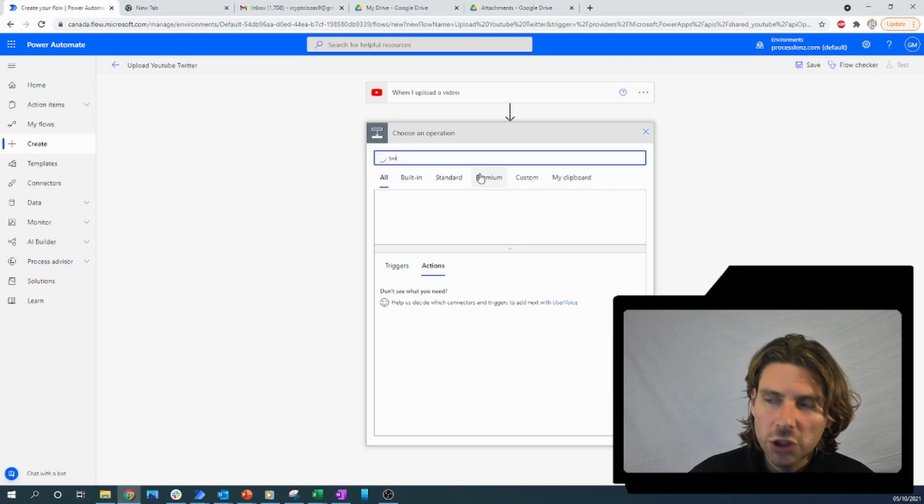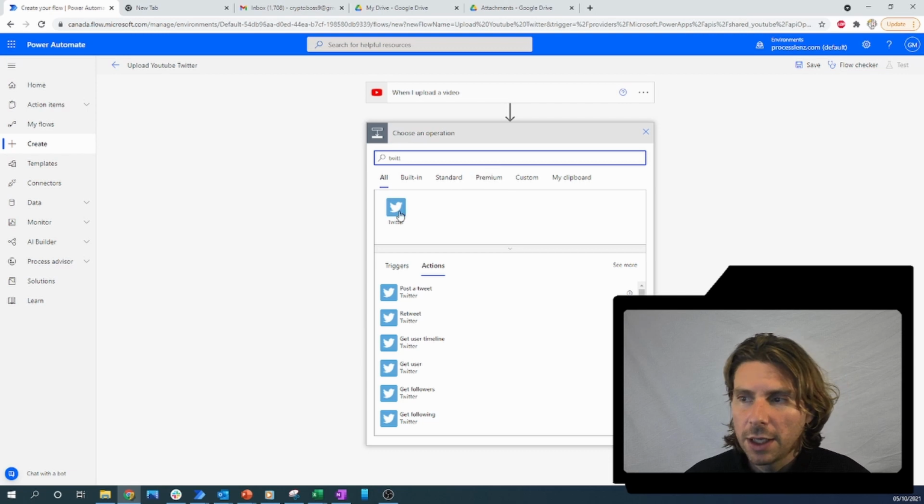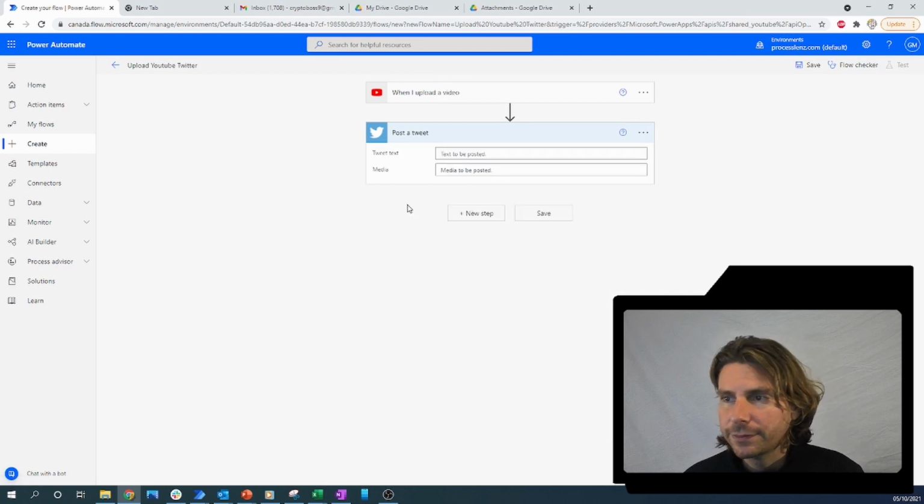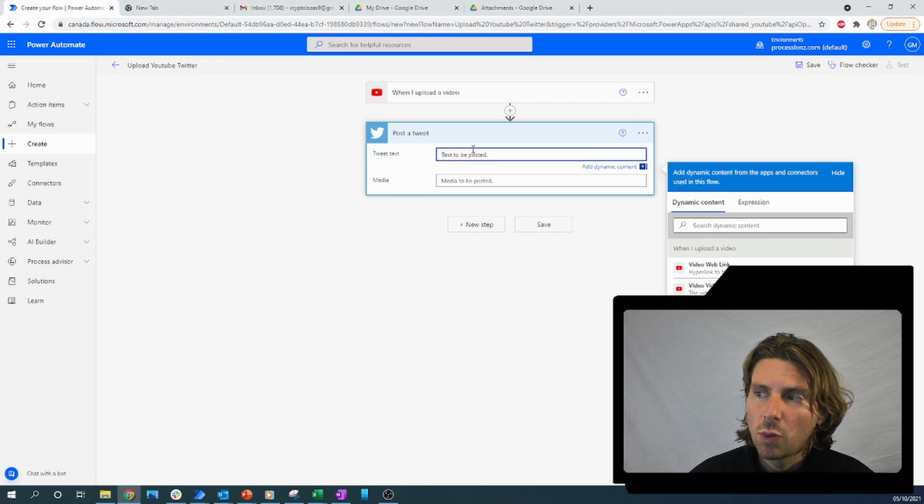So I will search for a Twitter plugin, and here it is, the Twitter action. Post to Twitter is the first action that we want, but we can see that we can get many different actions, like get user, get the number of followers, get my followers, get followers from another account. This could actually be pretty interesting, and so on. All right, so now that we have this, let's post a tweet. This is where we would put the text that we want to be tweeted. So for example, we can write in